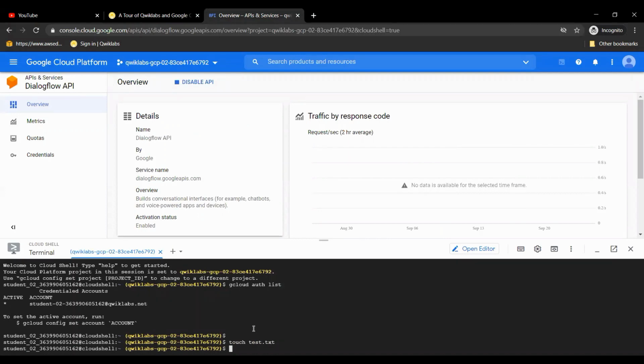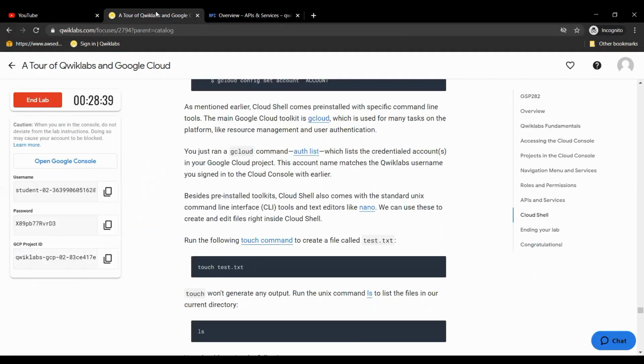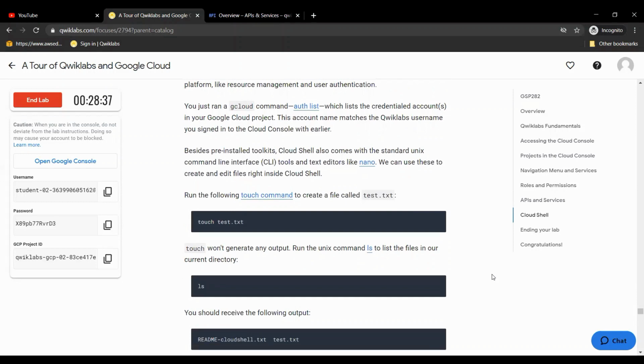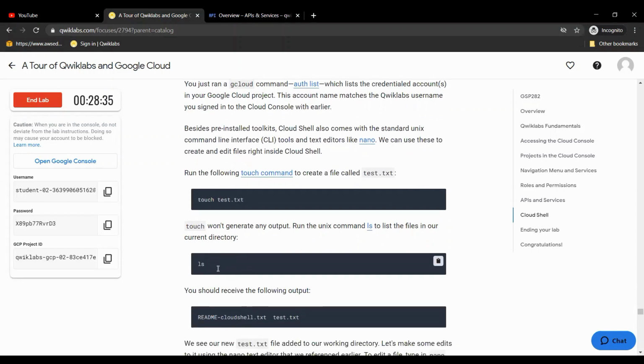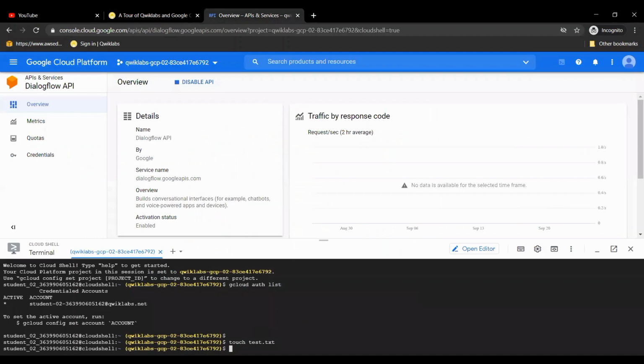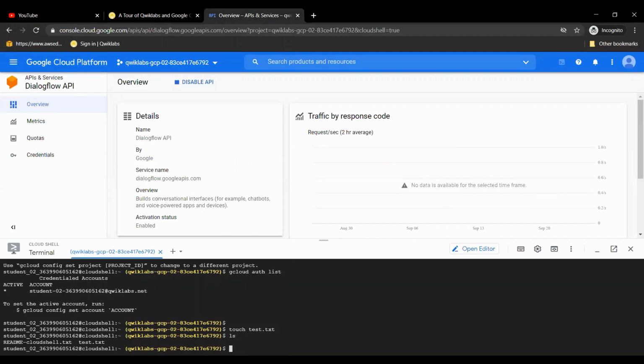Yeah, a file has been created now. And this command ls is used to tell what files are created, and we'll see an output here. README-cloudshell.txt and test.txt are the output.